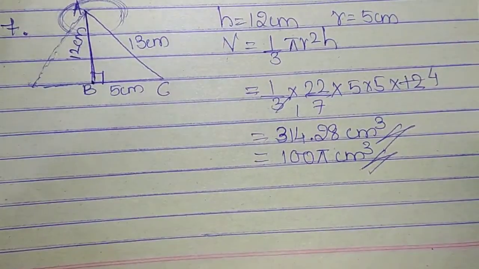Next we have the eighth question. If the same right angle triangle were to be revolved around the side 5 centimeter, then 5 centimeter will become its height and 12 centimeter will become its radius. So if it is revolved around that side, then you have to find the volume of that solid and also find the ratio of volumes of the two solids obtained in question 7 and 8. Since you get the volumes, then take their ratio. That is the solution. I will leave question number 8 to you. Pause the video and solve it right away.